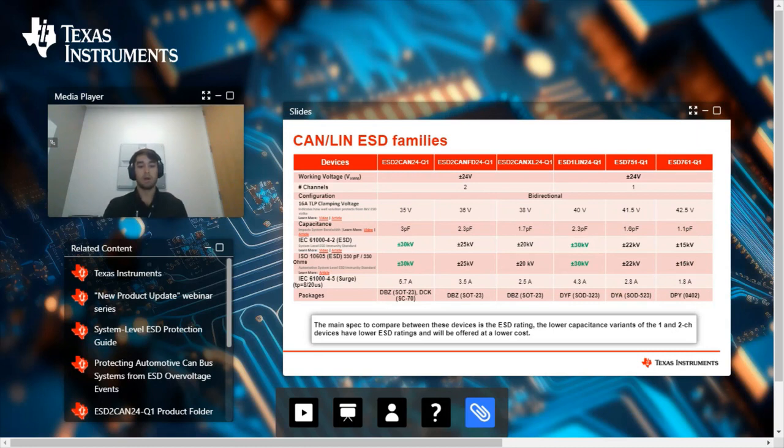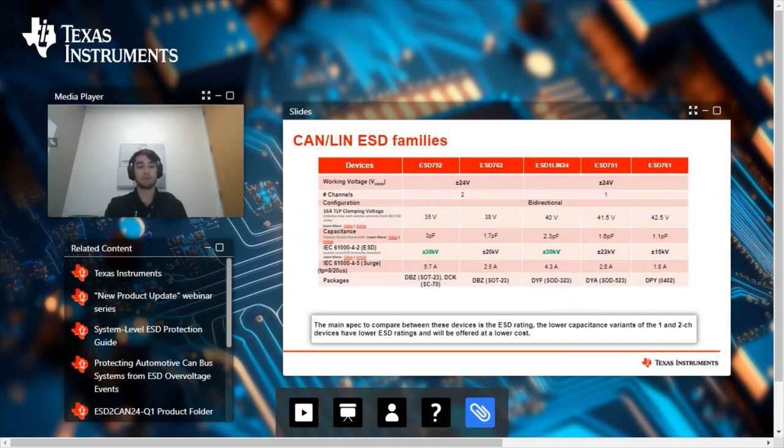And all of these devices are going to be pin-to-pin compatible with multiple competitor CAN and LIN ESD diodes, and the line capacitance of our devices is going to be much lower than most competitor solutions out there, leaving designers a little more room in their capacitance budget. And clamping voltages were chosen to protect the majority of TI's CAN and LIN transceivers.